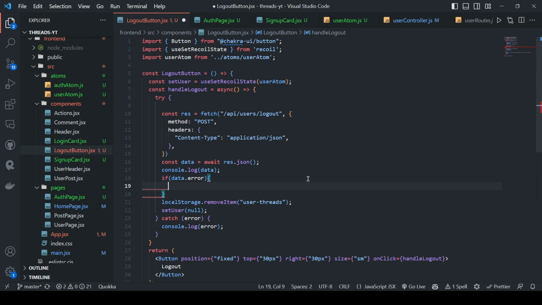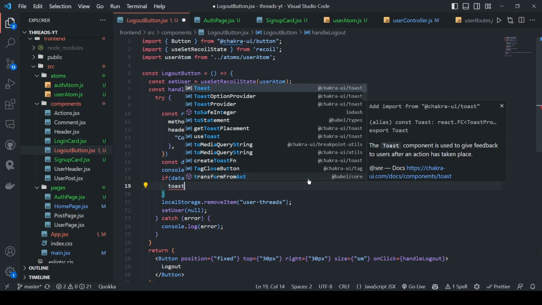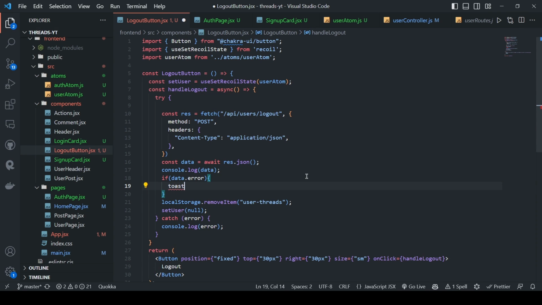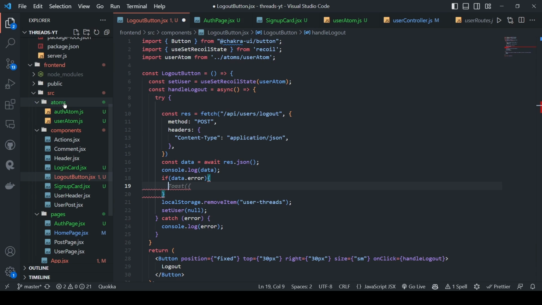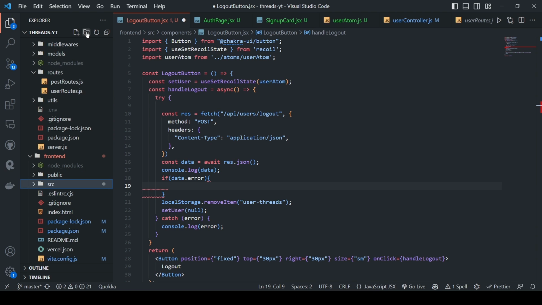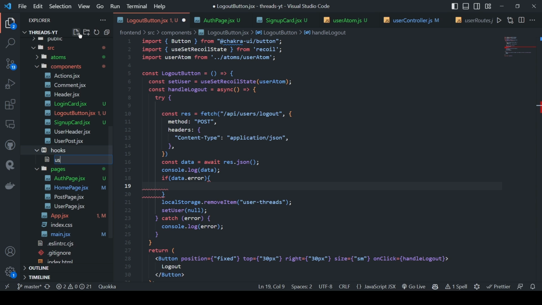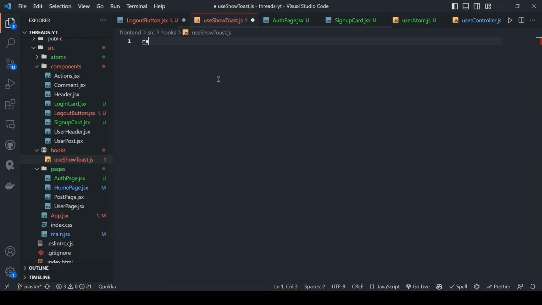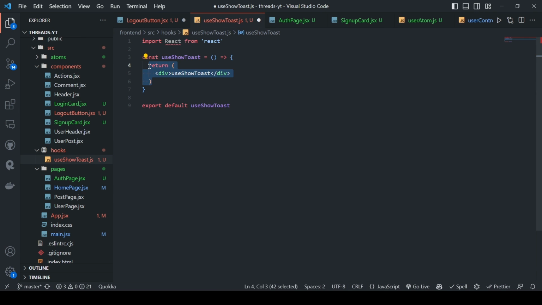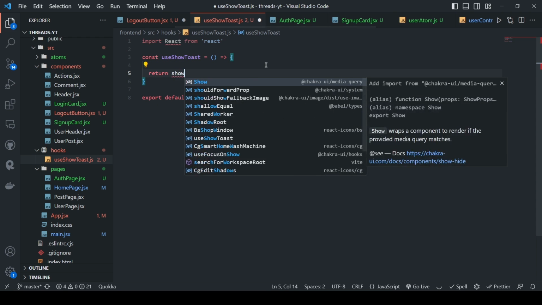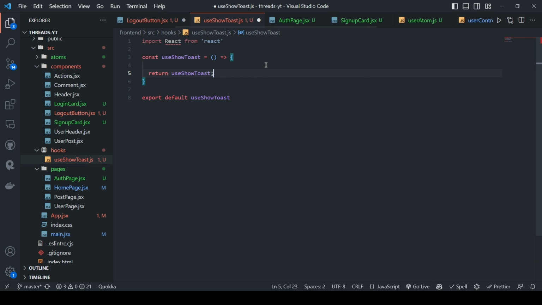So if we have any data error, I could just come here and say toast and then put those 5 lines, but instead of that, I want to create a custom hook, so that our application looks a little bit cleaner. I mean, our code looks a little bit cleaner. So I'll just create a hooks folder, and I'll say useShowToast.js. We'll say RAFCE. This is not going to return any JSX or any HTML, so it's going to return the showToast function. We will just create that now and say const